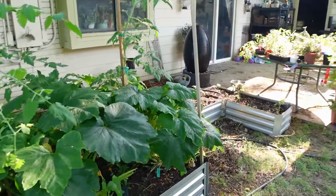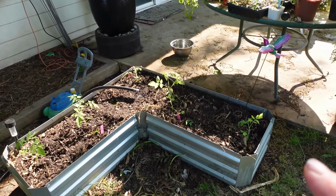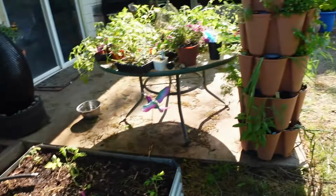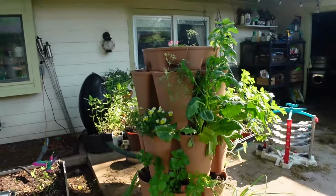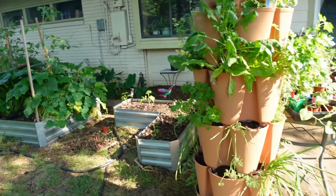So here's another thing that's changed. We harvested our elephant ear garlic, and that'll be on another video. And I planted in San Marzano tomatoes there. Here is this green stalk. It's been planted up with all herbs. I've got a spinach right here that I'm letting go to seed, but other than that, and I've got what